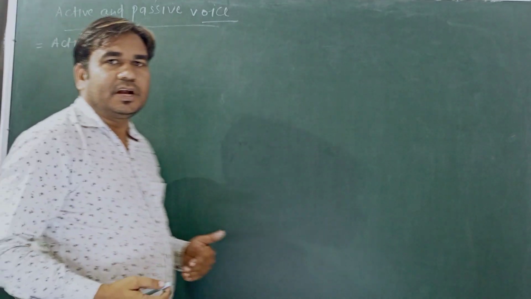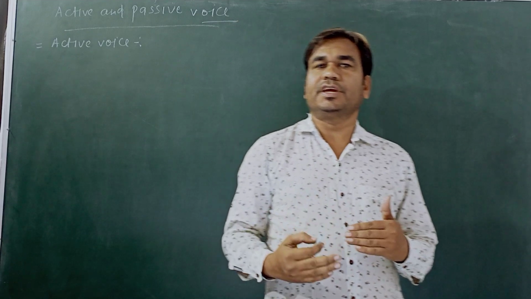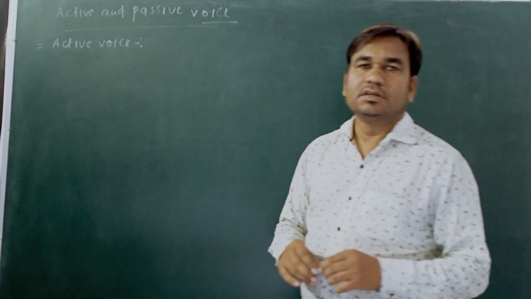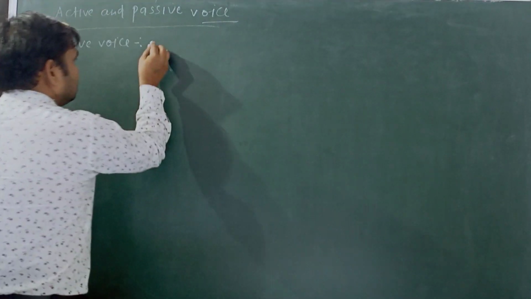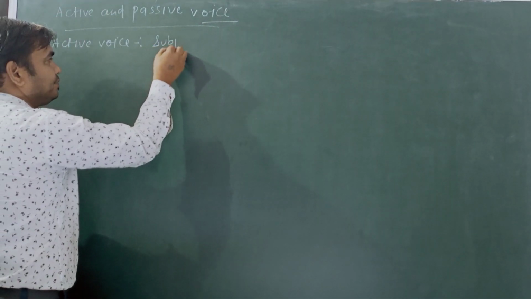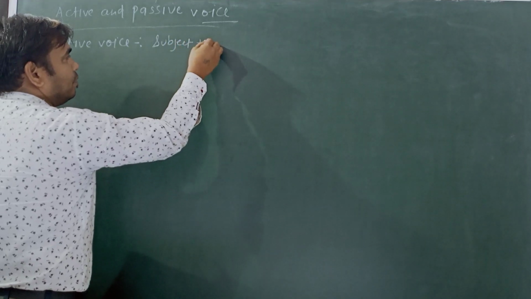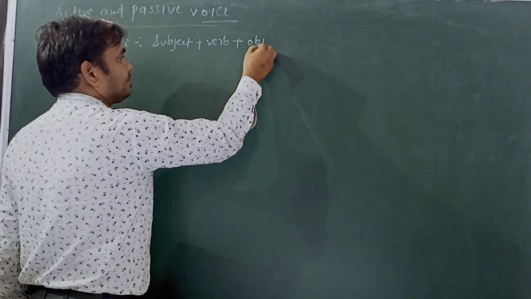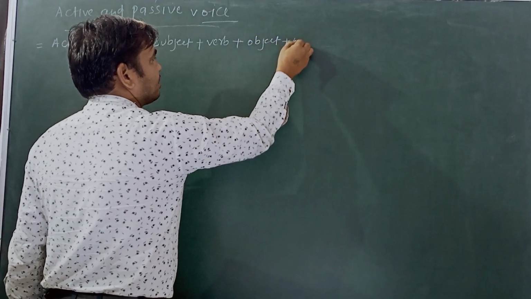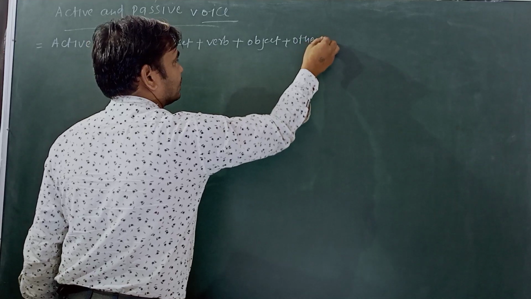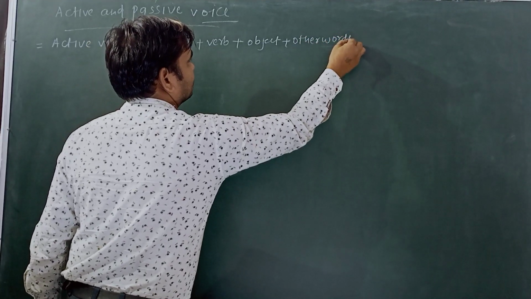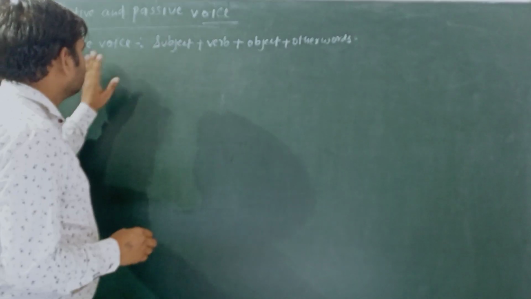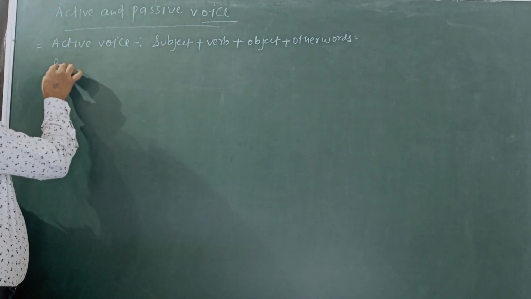The general composition, it means to say the form of general tense, that is called active voice. That means this form: subject plus verb plus object plus other words. So this is the form in active voice, and for passive voice,